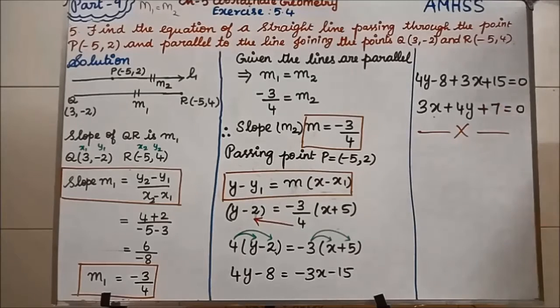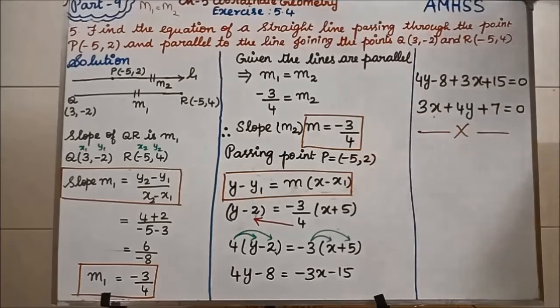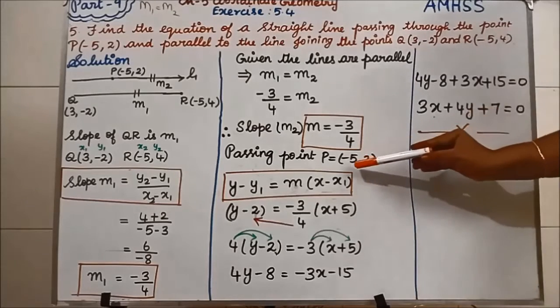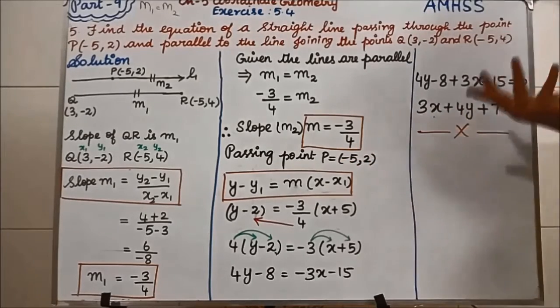Clear? Where have we read this formula? We have written it in exercise 5.2. What is the formula for one point, one slope? y minus y1 equals m into x minus x1. Clear, students? These are all very simple. If you revise the formulas two to three times where we are applying them, this chapter is very easy. If you are not touching the notebook, it will be very difficult for you. Clear, students? See, this is our x1 and this is our y1. y1 is what? y minus y1, and the x value we don't know.